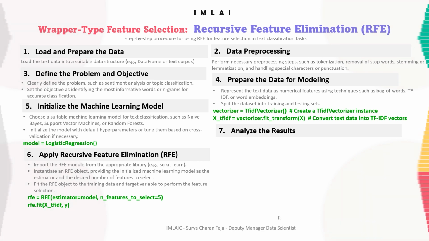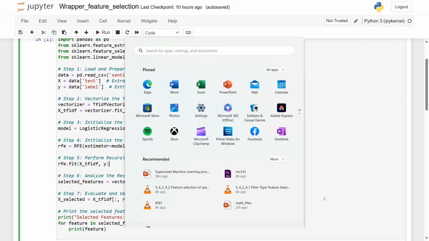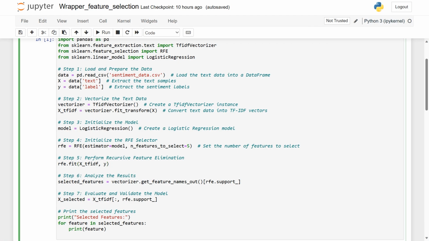So retrieve the selected features using the support_ attribute of the fitted RFE object, and assess the ranking of features using the ranking_ attribute, and extract the most informative words or n-grams based on the rankings, and that's what we will be looking into. Okay, so that's it. Now let's